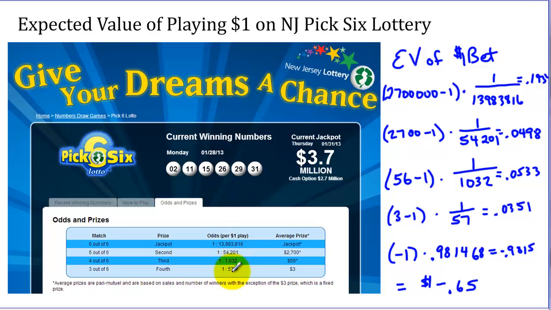So if we add up those probabilities and subtract it from 1, we would get the probability of not winning anything, or the probability of losing. And I calculated that here and rounded it, so there's a little bit more than 98% probability of losing. Now these are the values of winning the various bets. Now we have to subtract the $1 that we paid for the ticket. So this amount,